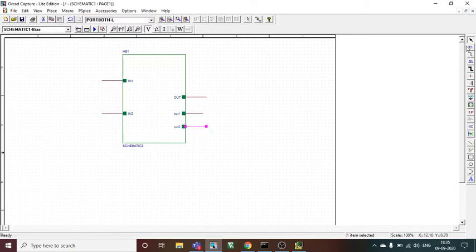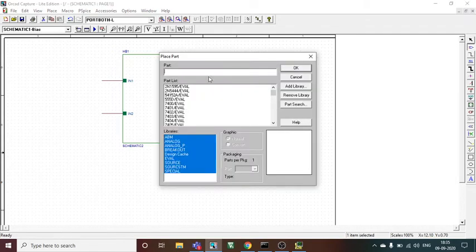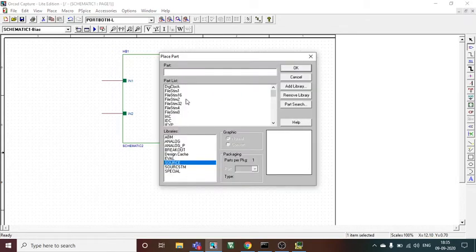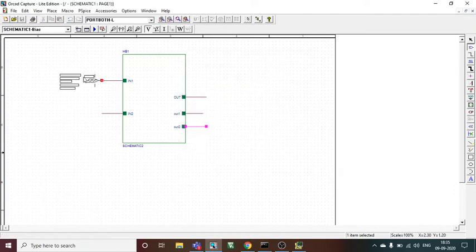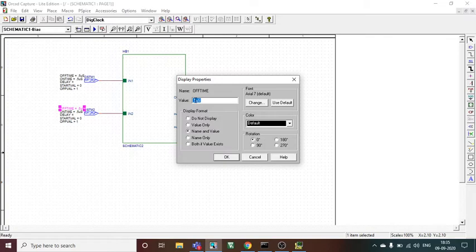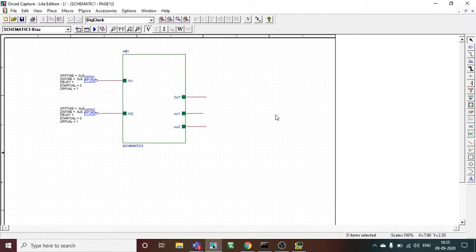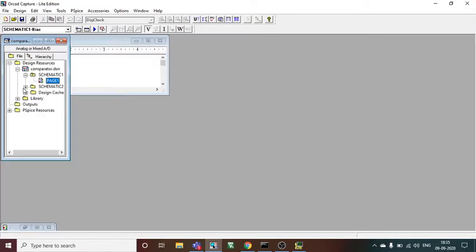Then you have to place inputs. There will be two inputs here. Go to source, switch clock, OK, and place these two inputs here. I would again suggest changing the off time of any one of these. I'm changing it to 0.4 microseconds this time. Okay, this is done. I can minimize this and go back to the circuit part, page 1, schematic 2, which gives me the circuit.